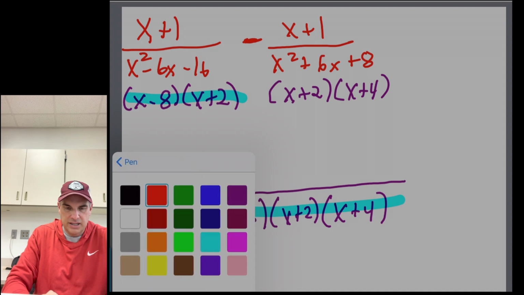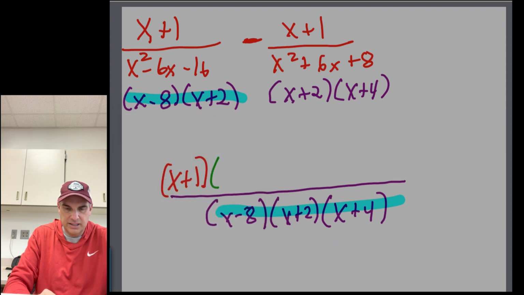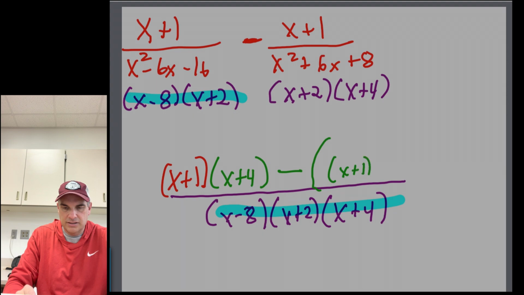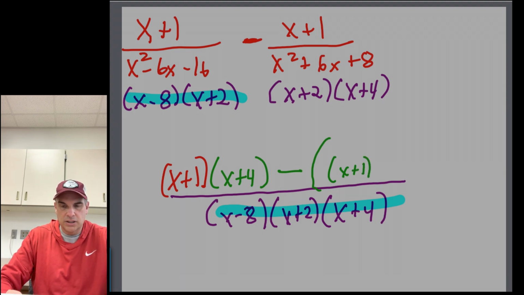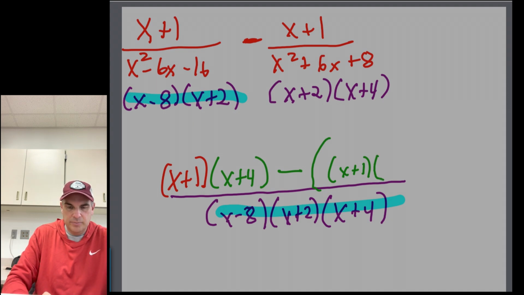So that means that I need to multiply this by x plus 4. Minus, now I'm going to put a huge parenthesis around this. And as you can see, I probably made it too big because I'm going to run out of room. I've got that x plus 1, but now I compare